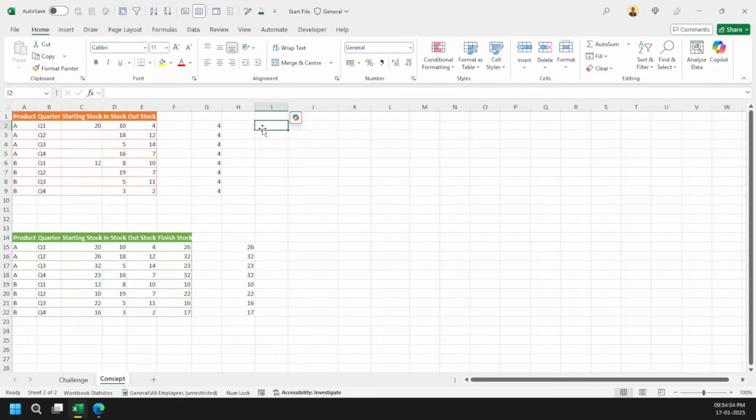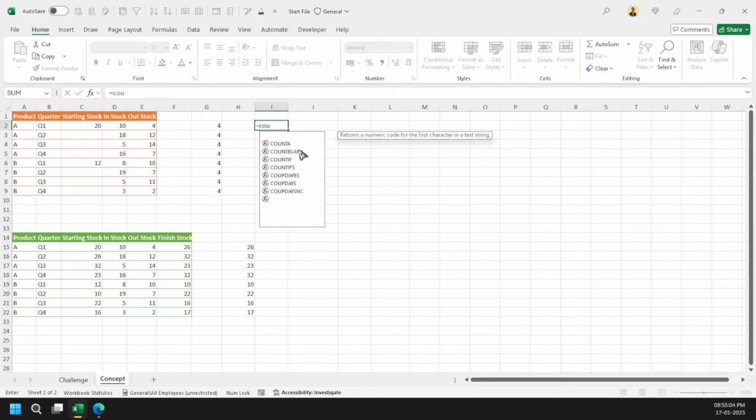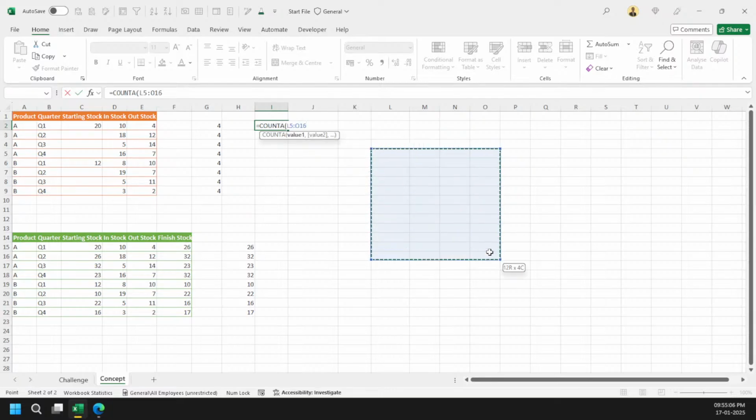And let's see how we can actually use it and plug it into our daily life. So just see this example. The COUNTA function, the moment I select this whole thing, you can see that I have got nothing. Count, right?